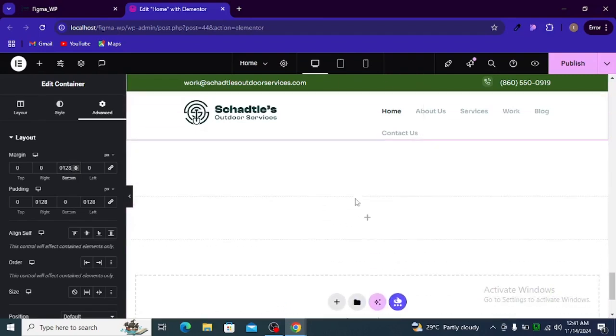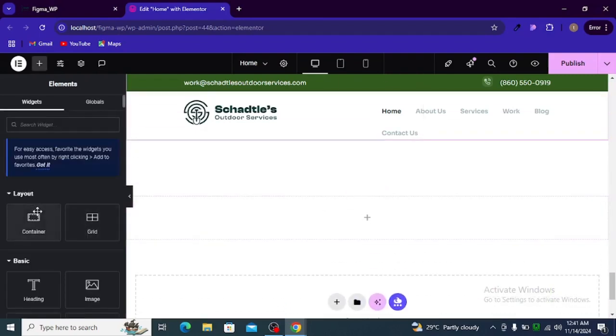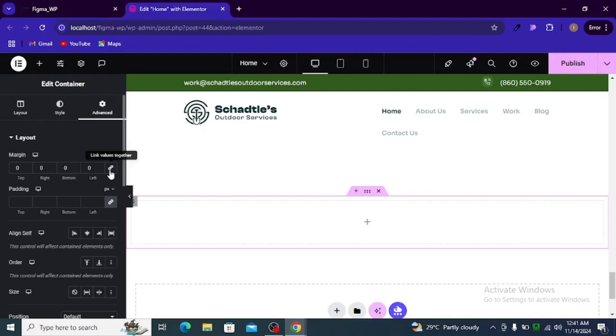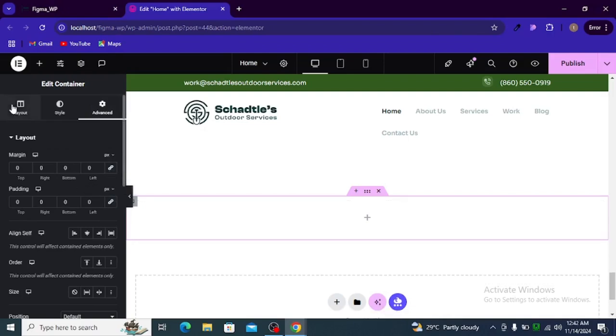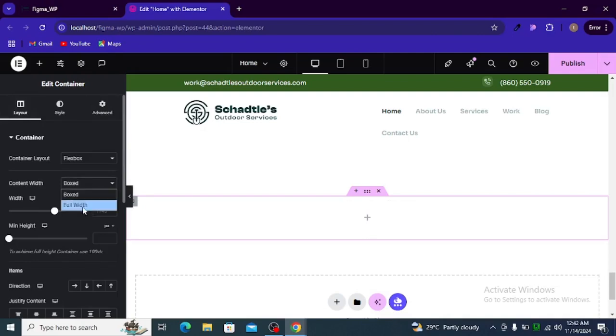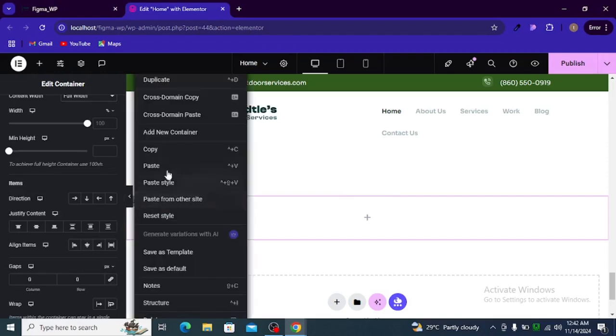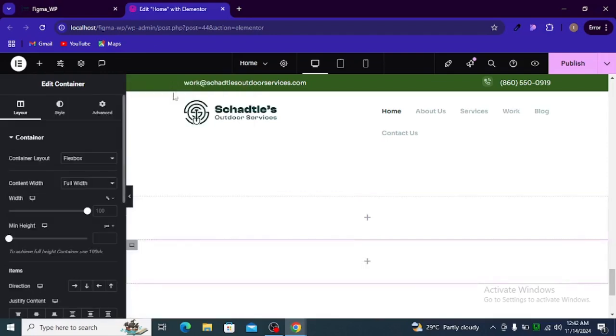So in the case of this now, let's create 2 containers in it. So the first one, the margin we are changing it to 0, the padding also to 0. We are changing this one to full width. We're also removing the gap. So let's duplicate this as well. So we are duplicating this, and then